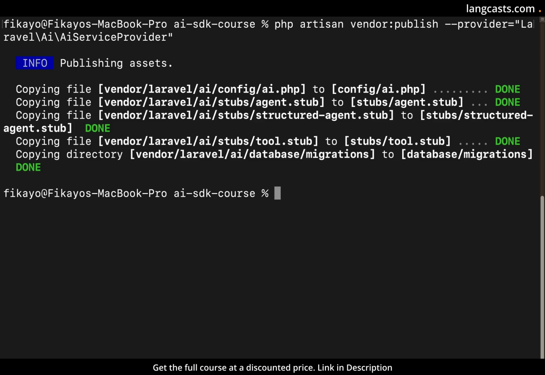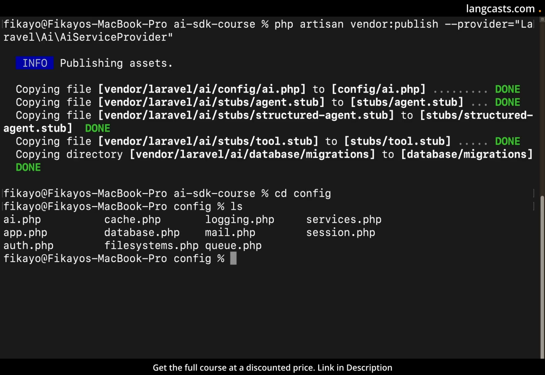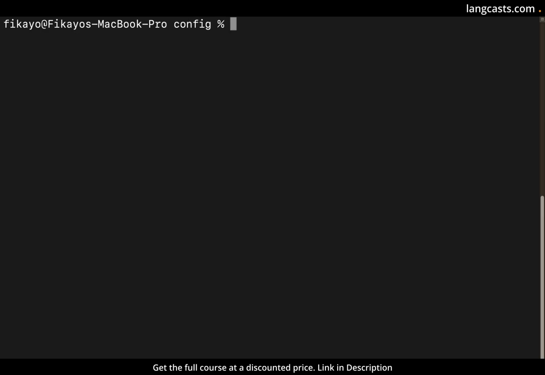If I do cd config and we do ls, we can now see ai.php. ai.php, that's the config file. So we have all that set up, including the AI service provider, and it has also brought in the migration